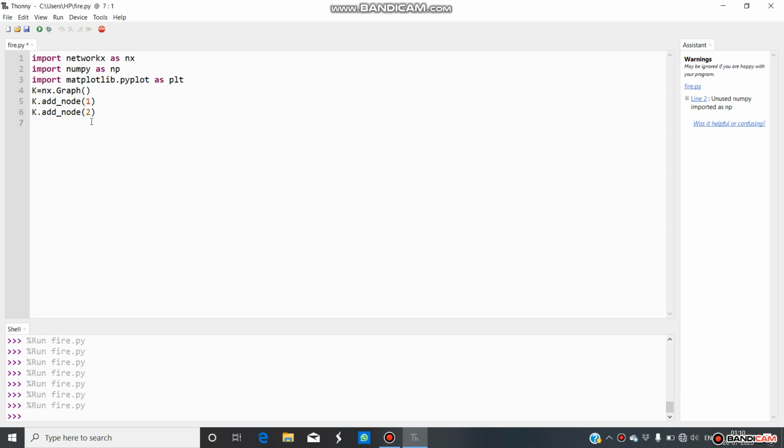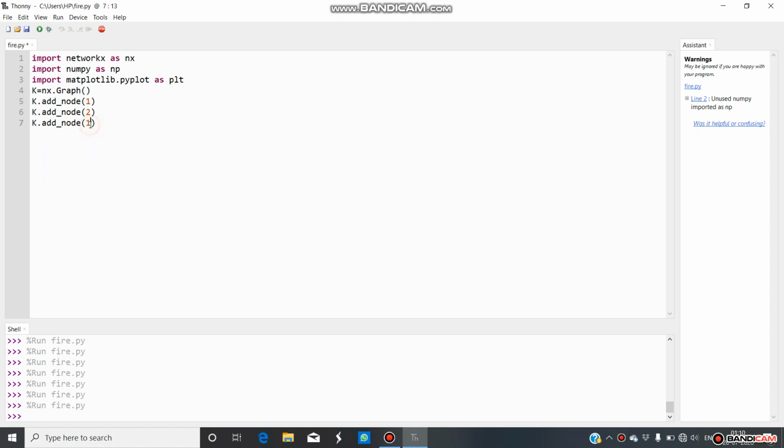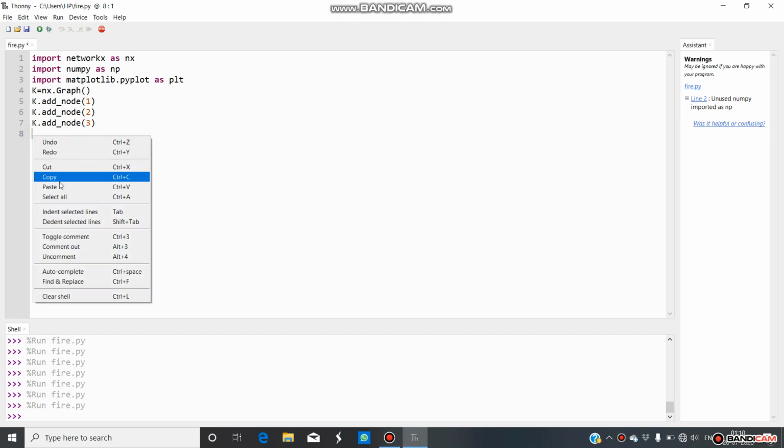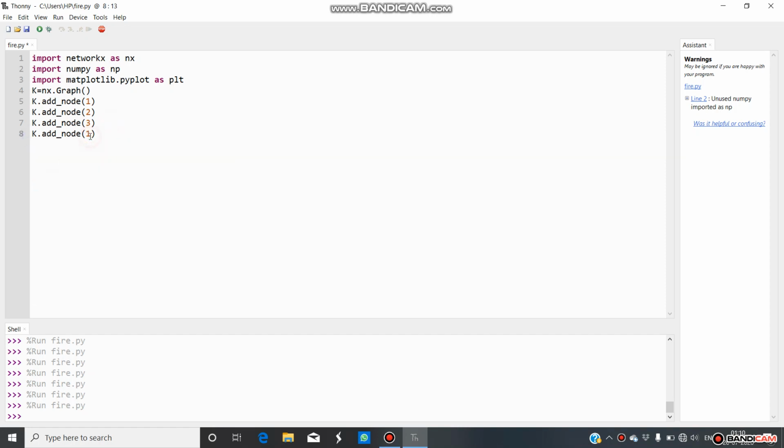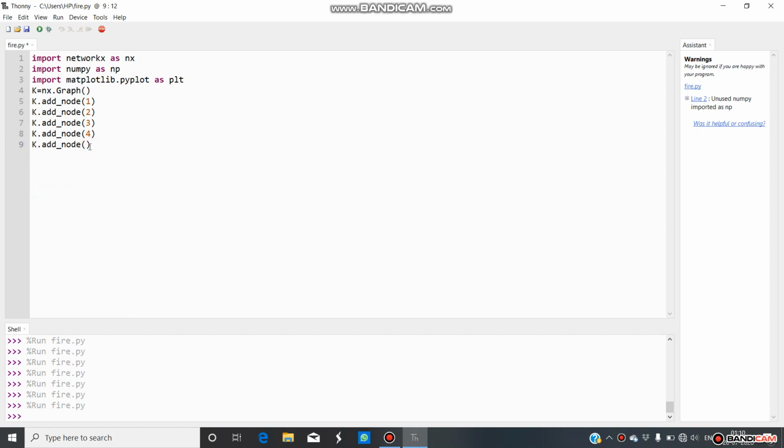And node 2, this one is the third node, then this one is the fourth node, and this one is the fifth node. We can add as many nodes as you want.